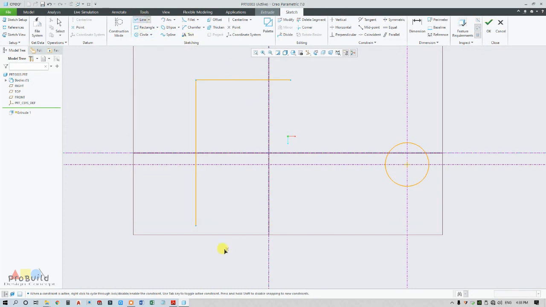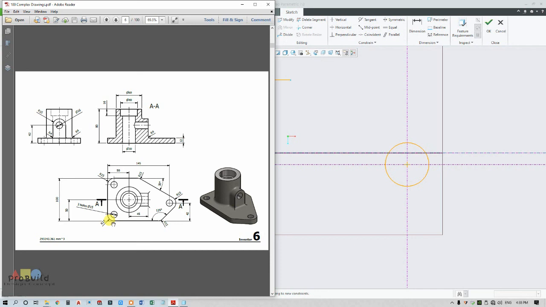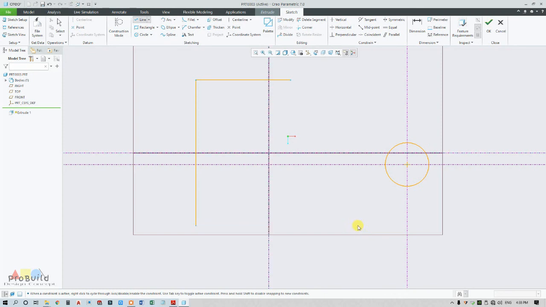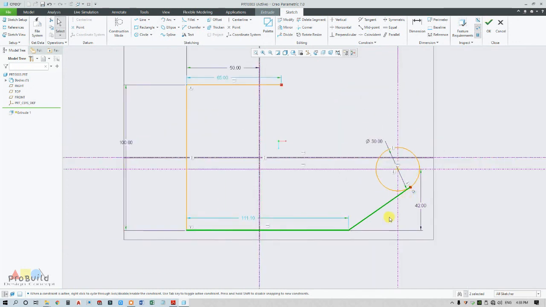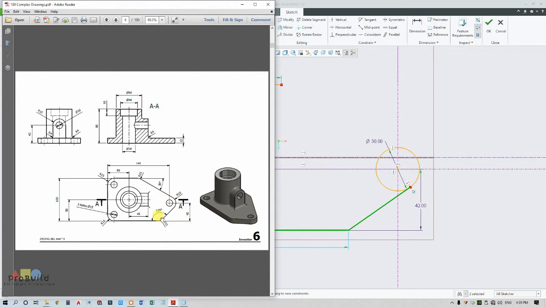So draw a line. I'm going to draw a line, and it's going to make an angle of 135 plus a tangent constraint. So just make sure you have this symbol. This is a tangent constraint symbol. See, now here the dimension isn't given, but I have only the angle, that is 135.